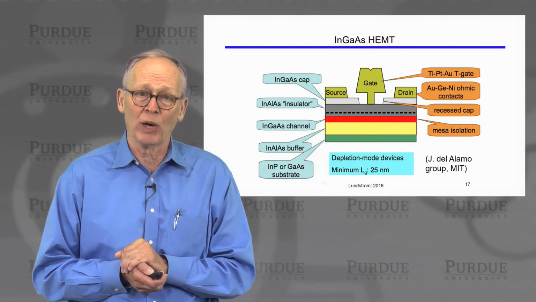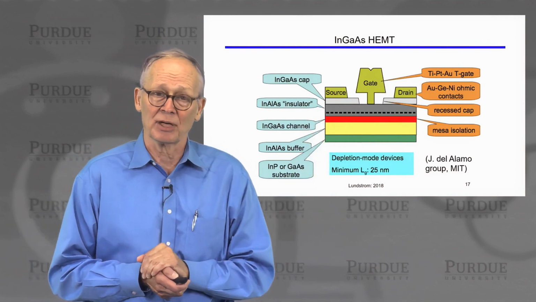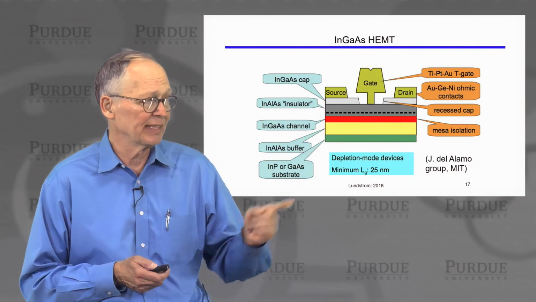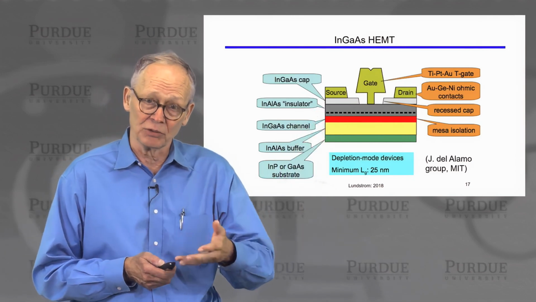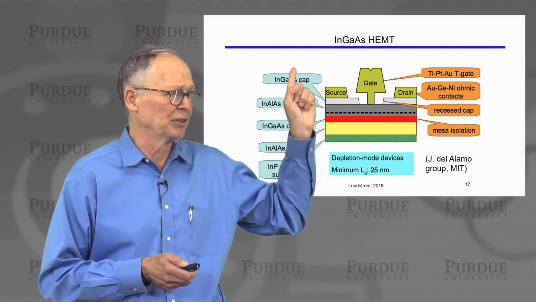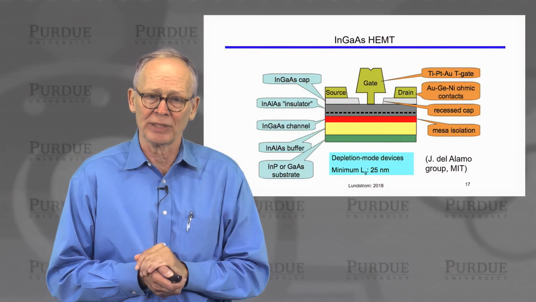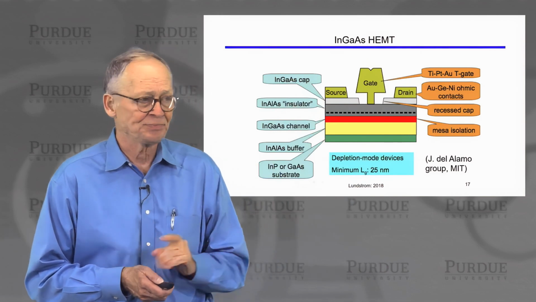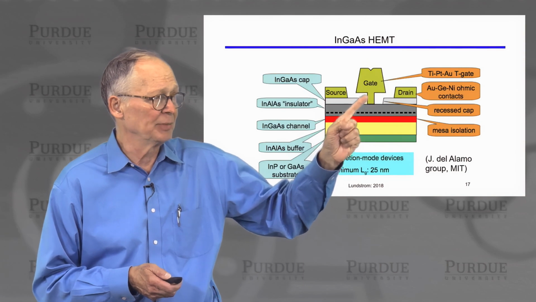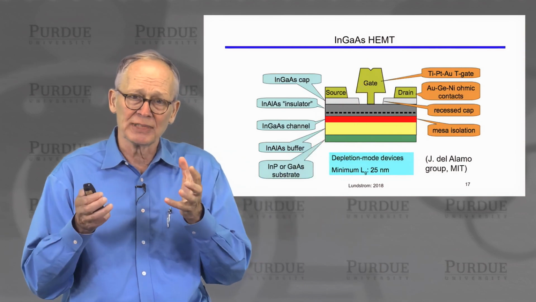Then above that will be a wider bandgap indium aluminum arsenide layer, which we think of as sort of like the insulator of a MOSFET. It'll be delta doped in order to get the dopants in the channel. There will be some lower bandgap layers on the top in order to facilitate ohmic contact to the source and the drain. The gate itself has a dimension of 25 nanometers or so, and then it mushrooms out into a